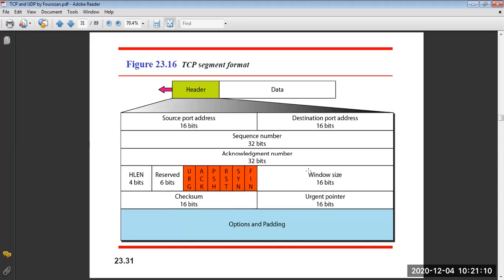This is the TCP segment format. This is very important. ये आपको पता होना चाहिए, इसको आपको लर्न करना पड़ेगा. So this is the TCP segment format, includes again the header and data. Header is further classified into source port address, destination port address of 16 bits. Clear? Now you can see the sequence number is 32 bit, acknowledgement number is 32 bit, header length is 4 bits, then reserved 6 bits is there. Clear? Then